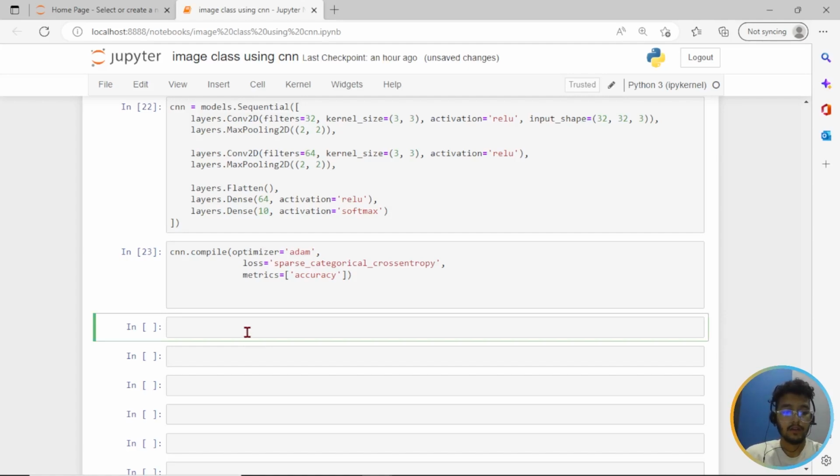Okay, now let's check the CNN model for the 10 epochs. Let's see if the accuracy is increasing or not. CNN dot fit x underscore train, comma y underscore train, comma epochs equals to